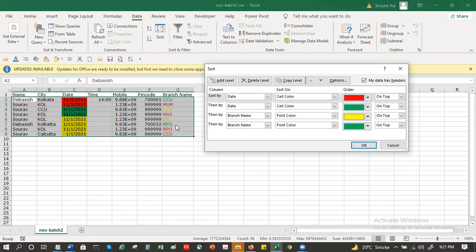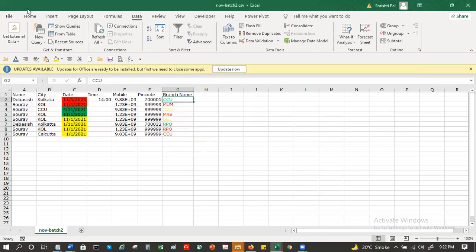But I wanted to know, we selected entire data, right? In that, the first four also got selected in the date. Then why is CCU in the first branch name coming green on top? Because what I did was I went and manually did those font colors, right?